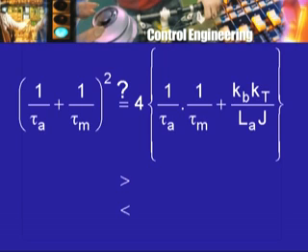So depending on the values of tau a, which is the ratio of armature inductance to armature resistance, tau m, which is the ratio of moment of inertia J to coefficient of friction Kf, Kb, which is the back EMF constant, Kt, which is the torque constant, and the armature inductance and the moment of inertia itself. If this relationship is satisfied, the roots will be real and coincident. If this relation is not satisfied, but if an inequality like this holds, then the roots will be real, non-coincident, and if the inequality holds this way, the roots will be complex.